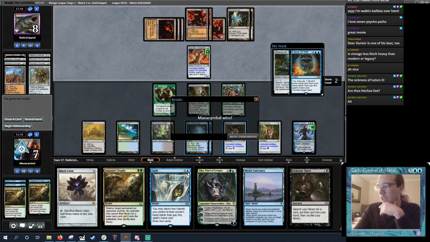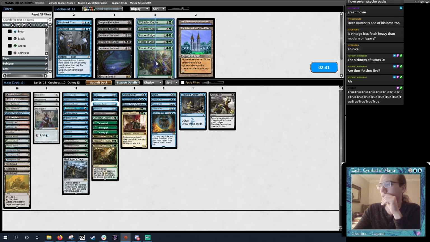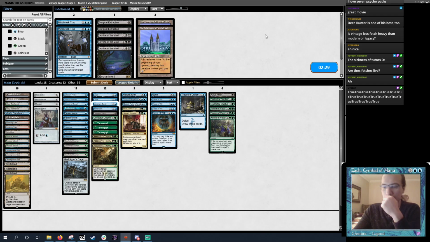Yeah, both the fetches were live. We had Mystic Sanctuary, and we had one more duel. Okay, so push and these things. I feel like I should play Tabernacle here, but they have so much mana, right? And I know the shops don't give them mana, but like for upkeep costs. But